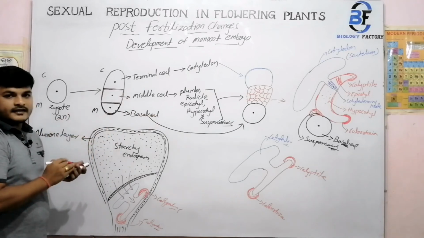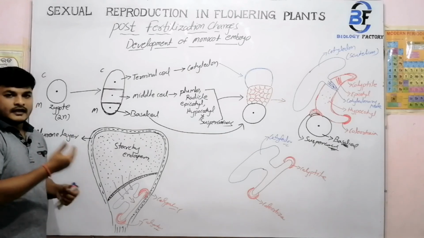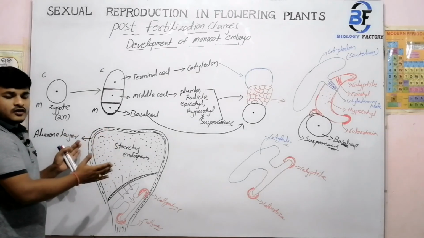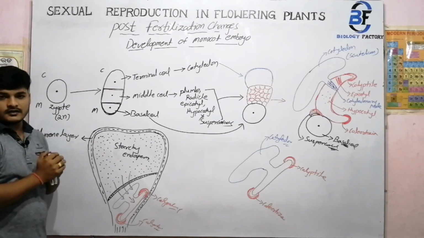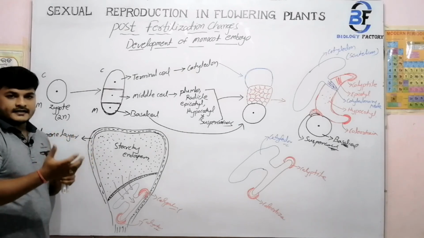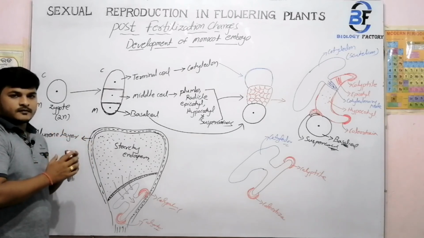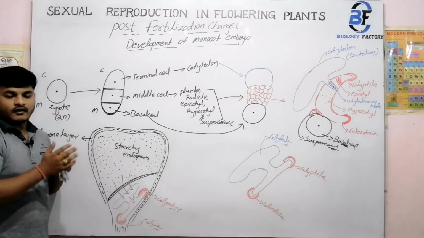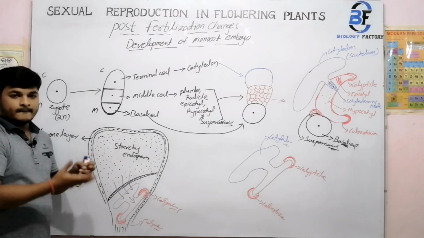I think all these things are crystal clear to all of you, and this video session is helpful to you. So in our next class, we are going to study the end product of your chapter, that means sexual reproduction in flowering plants. As you are studying all these things, the end product is your fruit and seed. Basically all these things we already know from your morphology chapter, but a little bit is included in your sexual reproduction in flowering plants, because it is the ultimate condition. After the embryo and endosperm are formed, the flower is going